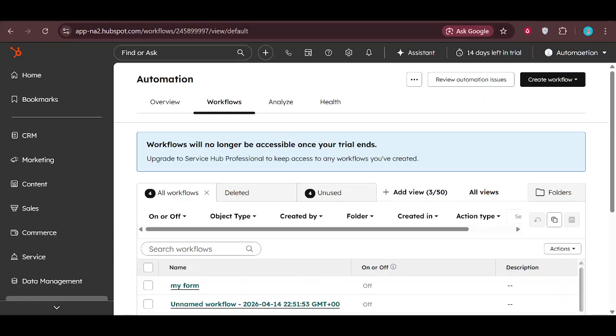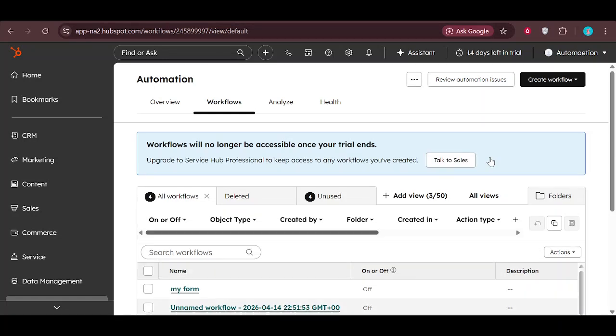In this video, I'll guide you through how to export form submissions in HubSpot. If you're collecting leads or responses through HubSpot forms, being able to export that data is really useful for reporting, sharing with your team, or analyzing it in tools like Excel or Google Sheets. I'll walk you through the entire process from finding your forms to exporting the submissions in the format that works